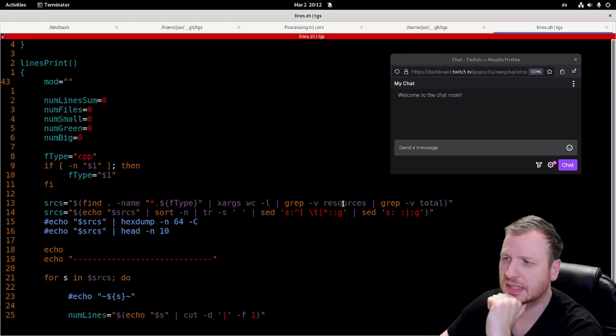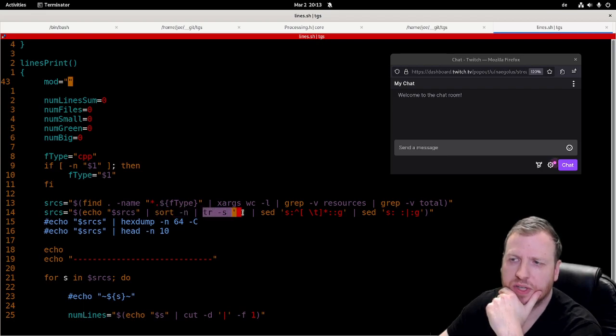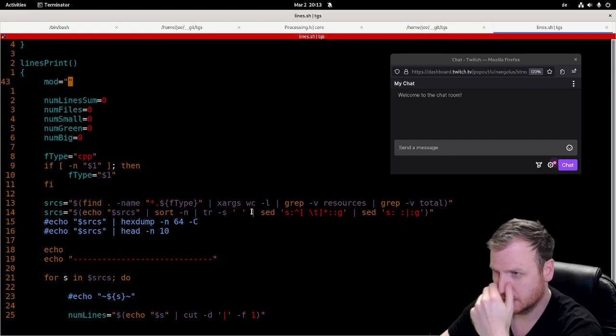It's removing all files from the resources directory, and the total line. Yes, and then we sort this list numerically, we replace all multiple spaces with one space, then